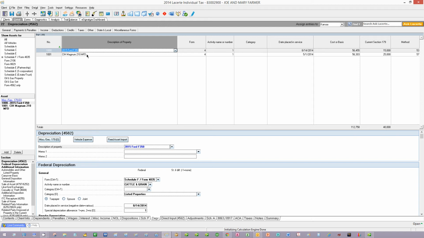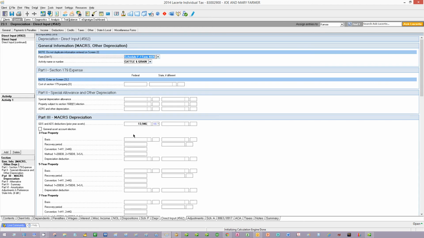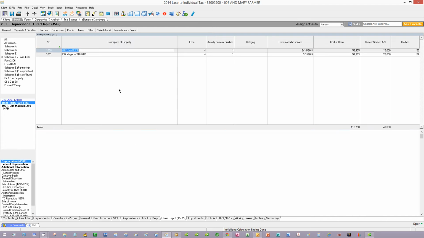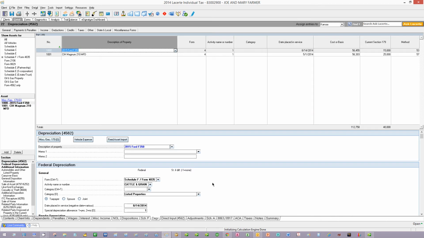Any current year depreciation on the asset that was given up will be included with depreciation on other assets here on direct input. So if we go back here to the current year purchases,